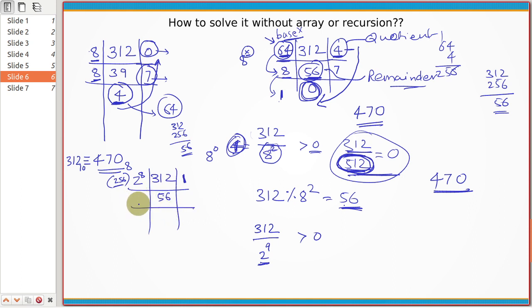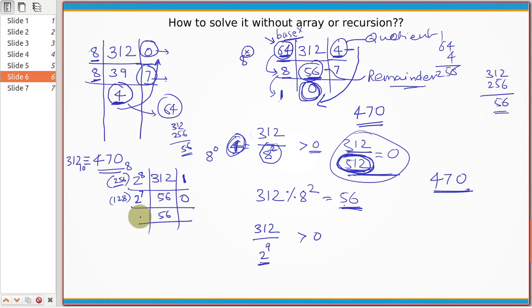Now what is the next number that I should divide this number by? So my base is 2, right? So that should be 2 raised to 7. So basically I keep reducing this, or in other words, I divide this number by the base. So if it is 256, then I divide it by 128 now. So can I create any box of size 128 out of 56? No. So what would be my answer? 0.